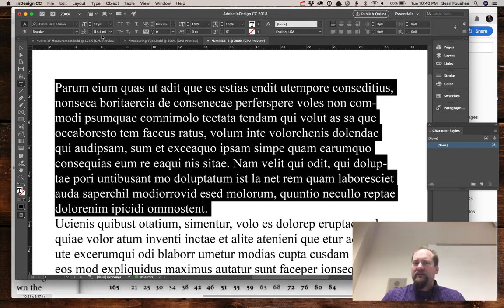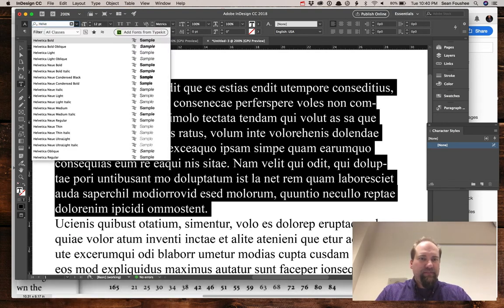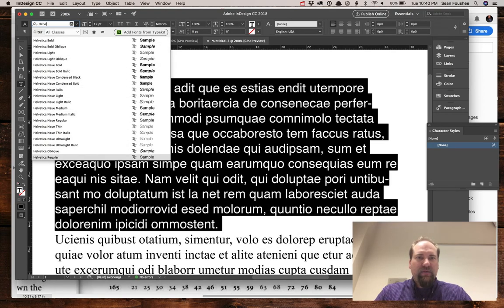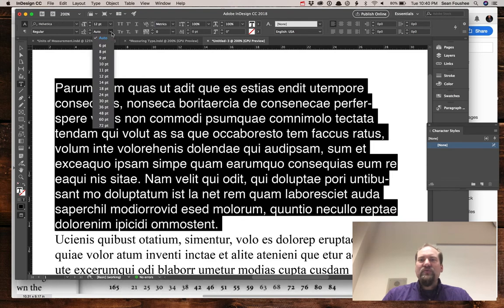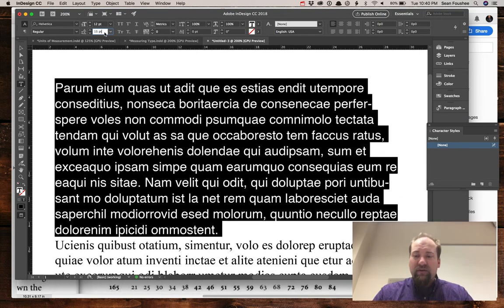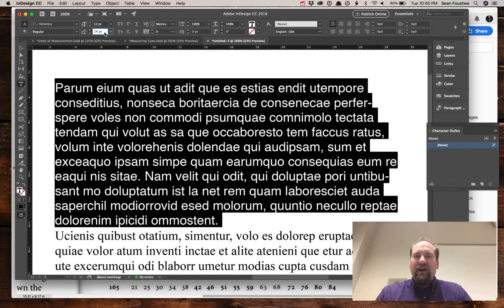2 points of lead may be enough in that case. But if I'm using Helvetica, well, let's just try that. If I have this set to Helvetica regular, and I set that to 14 points, that might be too narrow. I may have to increase that. Instead of 14 points of leading, I may need to increase it to 15 points. And all of a sudden, just that one change right there, you go 14, 15. You can kind of feel yourself kind of go,